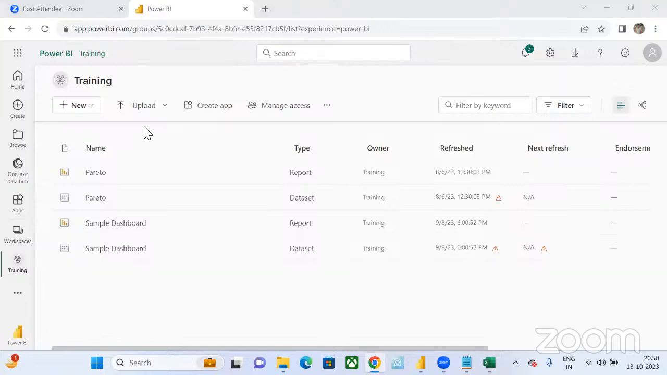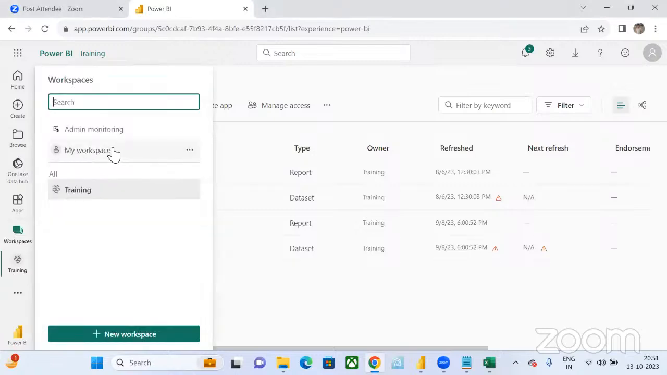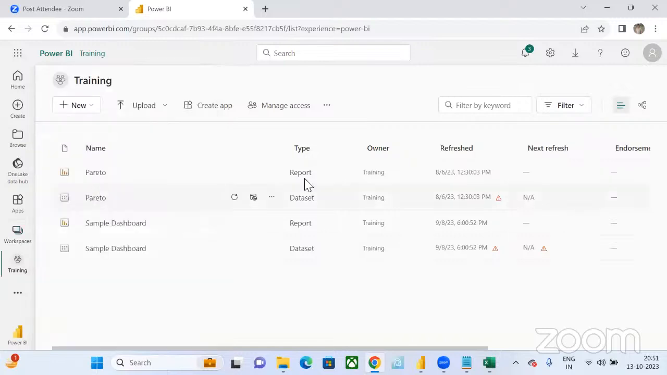So what happens in the industry is you have one workspace that is a personal workspace called My Workspace, which is created by default by Power BI for you. But if you want a workspace which can be shared across multiple people, where the admin for that particular workspace can be more than one or two people, in that case, you can create one more workspace